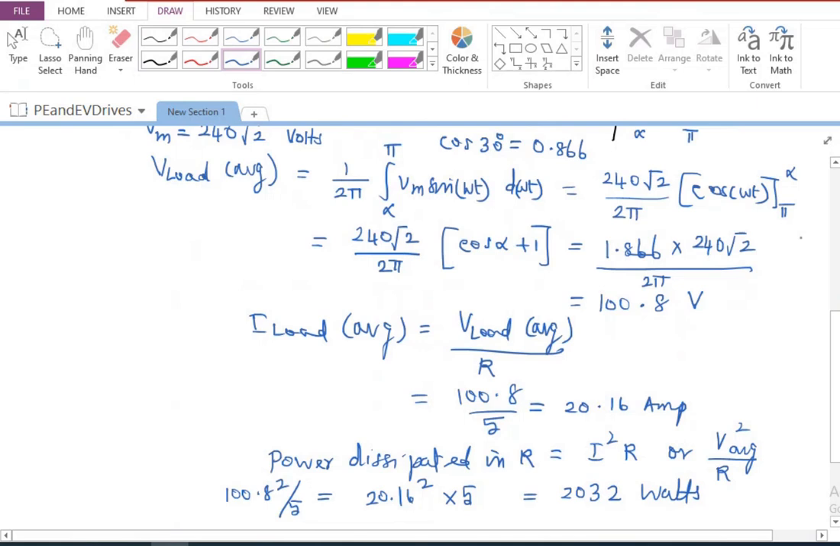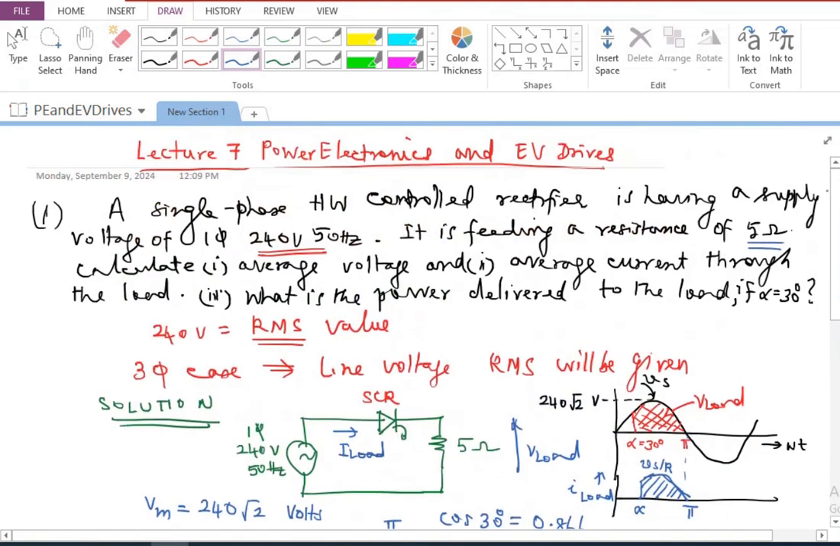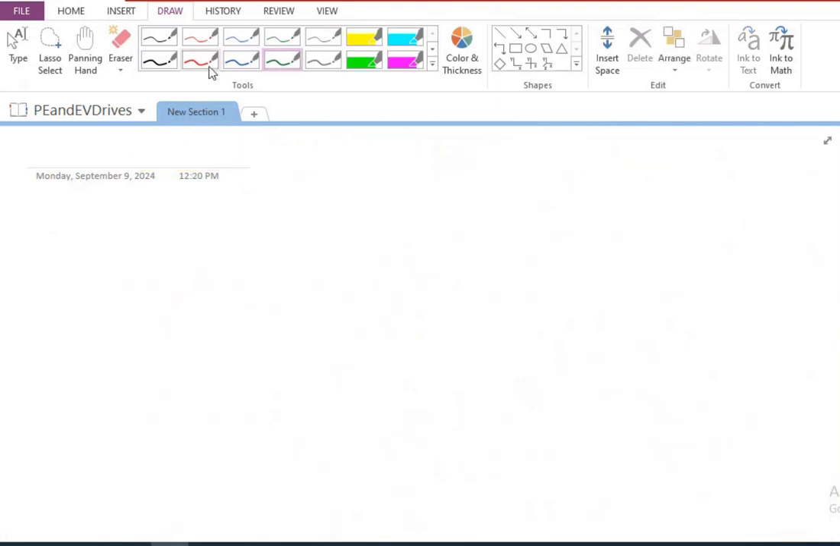Okay. So this is one problem that we have worked out now, one numerical example on half wave controlled rectifier. Okay. So let us now try to go on to